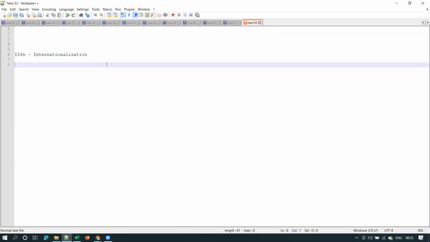And what does internationalization mean? An application supporting international languages, many languages, is called I18N. It's a big word, right? Internationalization.